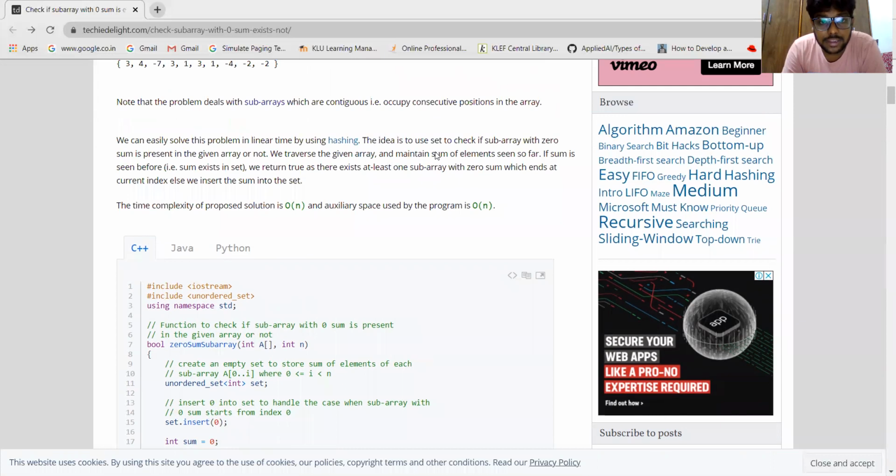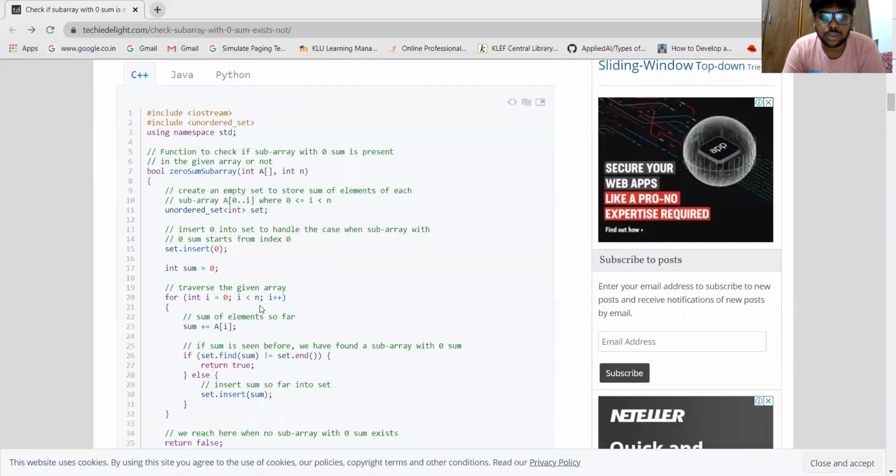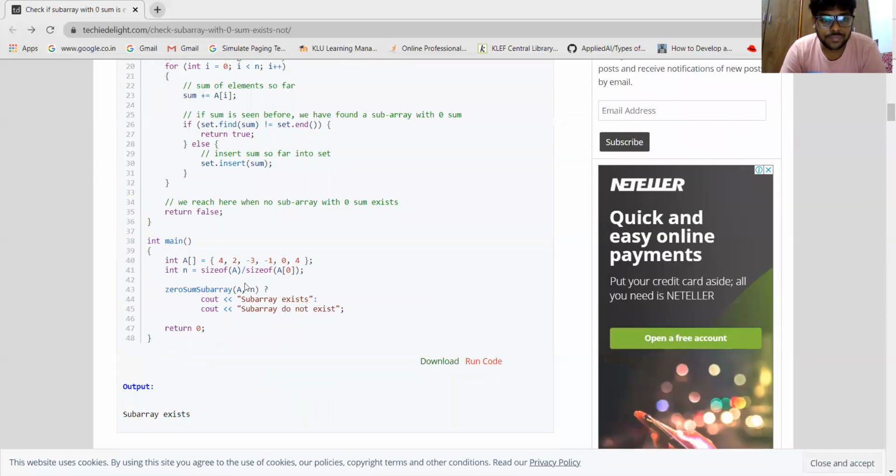Here they have written very clearly: you traverse the entire given array and maintain the sum of elements so far. So I have to maintain the sum of the elements so far. For int i = 0; i < n; i++, with the sum initially 0. In this array, 4 plus 2 is 6, minus 3 is 3, minus 1 is 2, then 0.